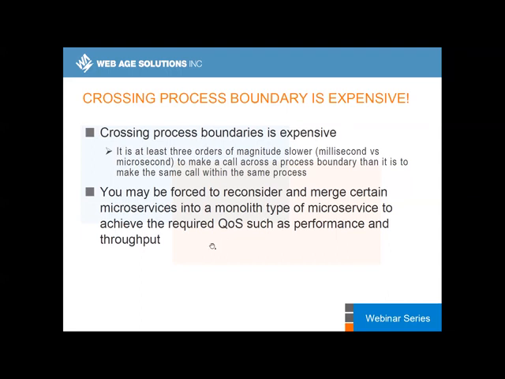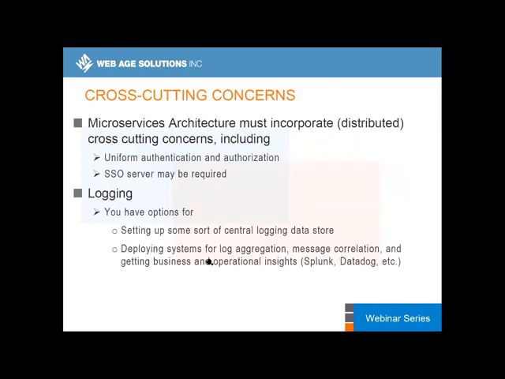Okay, so quality of services like security and performance will definitely go through the roof. You will be absolutely happy with those quality of service properties of your new solution. Cross-cutting concerns are something you have to start thinking about right at the beginning, at the onset. Microservices need to be in the context of some system for uniform authentication and authorization.